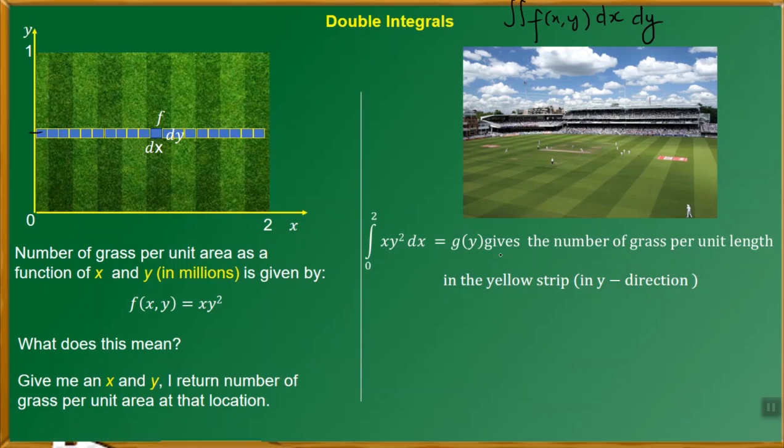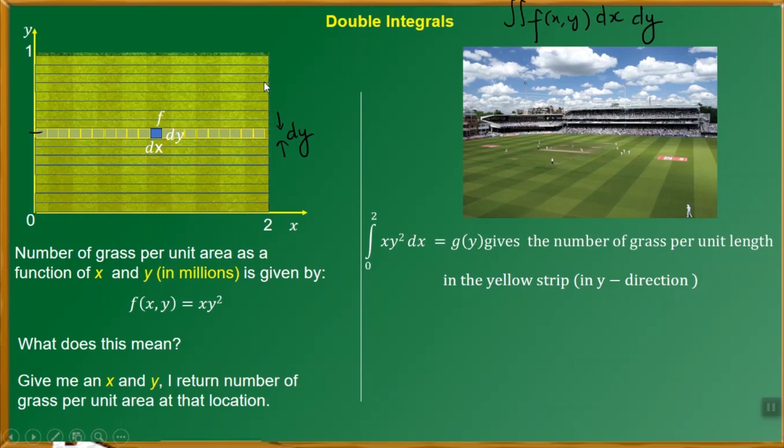So if I integrate x y square into dx between 0 and 2, that's going to give me the number of grass in this yellow strip that I have just marked. So this yellow strip is going to give me the amount of grass that is present in that strip of the field. Now if I go on integrating these unit strips, well, this unit strip has a width of dy. So if I integrate this in the y direction, that is from 0 to 1,